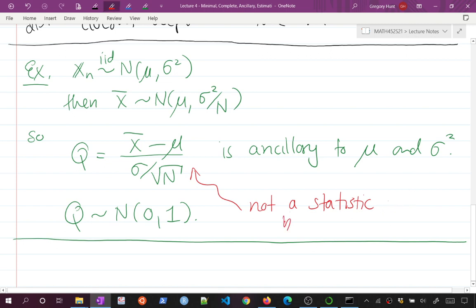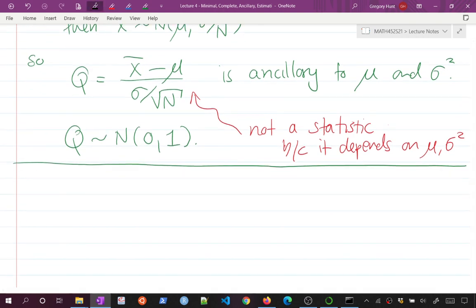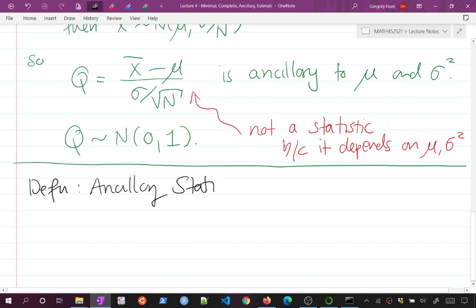Let's say, because it depends on mu and sigma squared. Nonetheless, it is kind of an ancillary quantity, because the distribution doesn't depend on them. You can furthermore define an ancillary statistic,